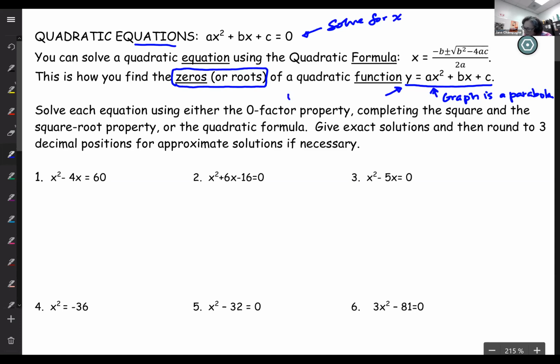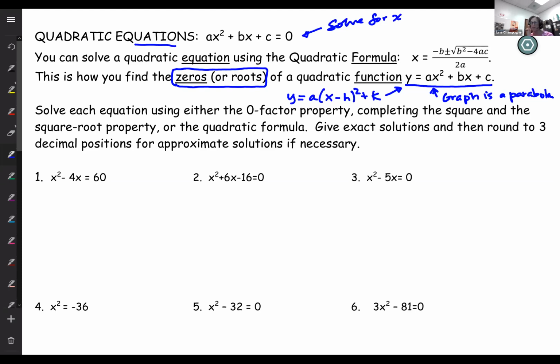You can also write it as that same a, that same leading coefficient, times x minus h quantity squared plus k to see what the shifts are, right? That's a form where you've got a horizontal shift and a vertical shift and possibly a stretch or compression or a reflection. So I'll say can write as,